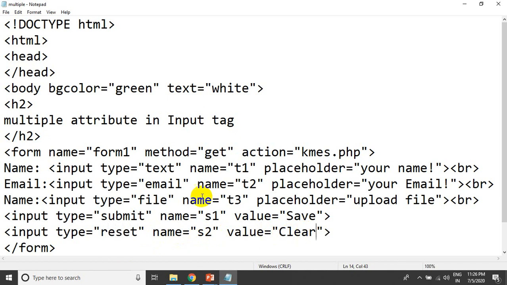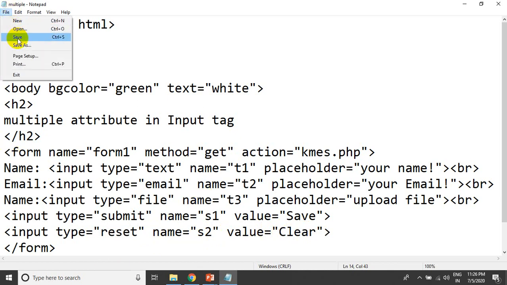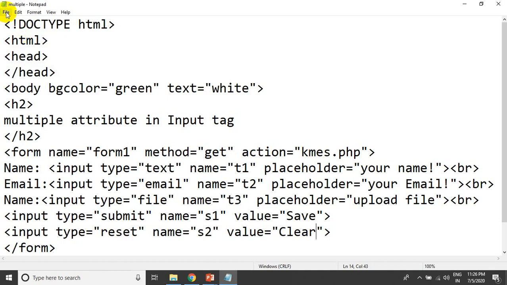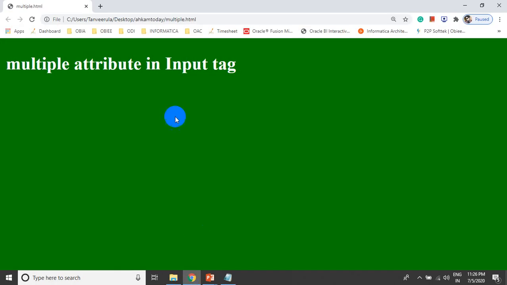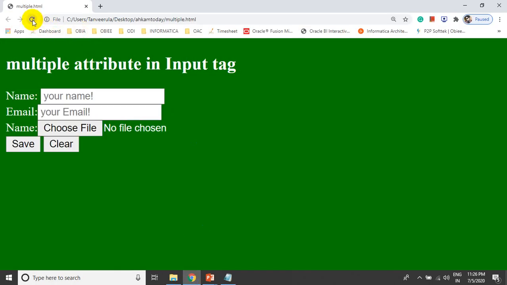Okay. So we have created this. I just want to show you the output of the code which we have just written. Just flip back to your browser and refresh the page. So you are getting this.